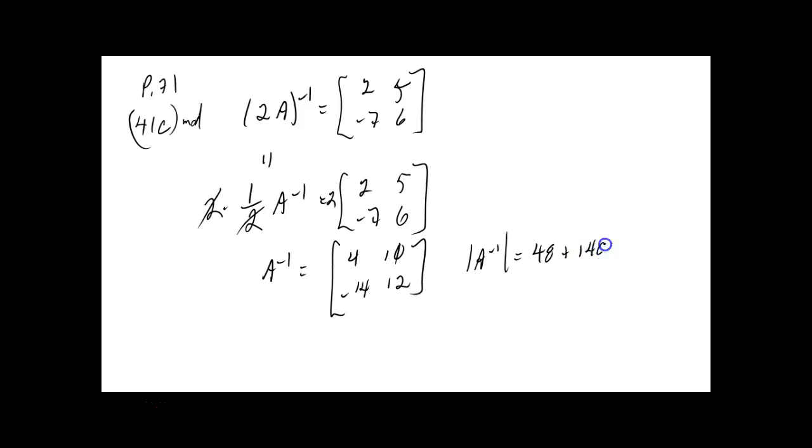Plus 140, isn't it? Right? Big number. And that is 188. Is that right? Okay. Big number. Okay. All right. That's the determinant. Well, what do we do with that? 1 over 188 times,